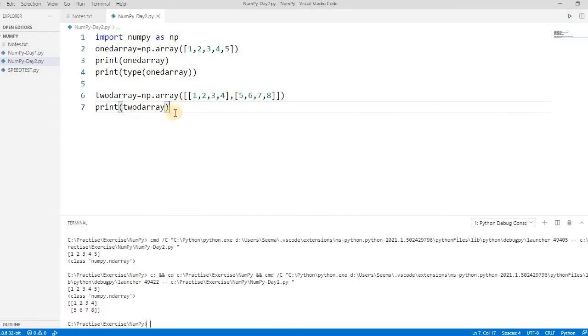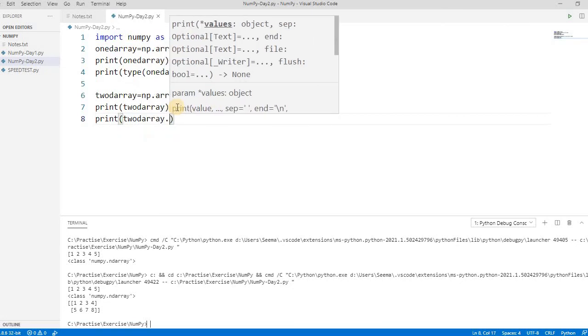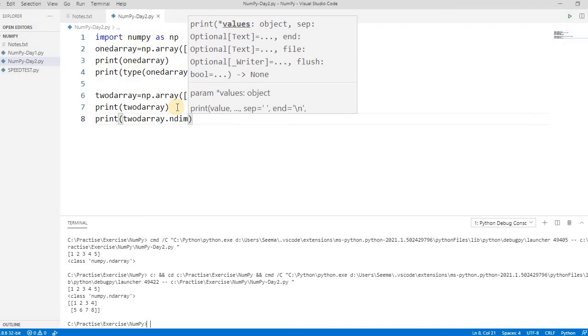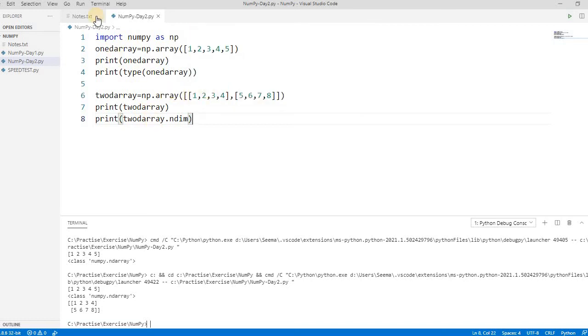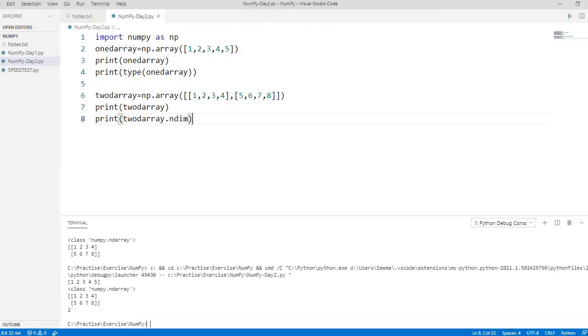If we want to print the dimension of this, what do we have to do? Print dot ndim. This property is used to print the dimension of the particular array. Let's run this. See here, it's printing 2. It means that this one is a two-dimensional array, right?